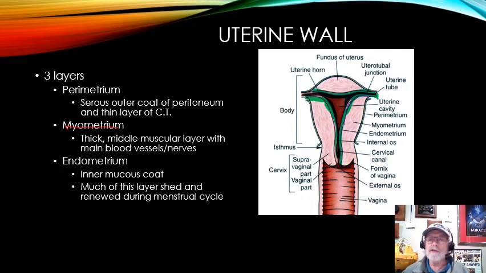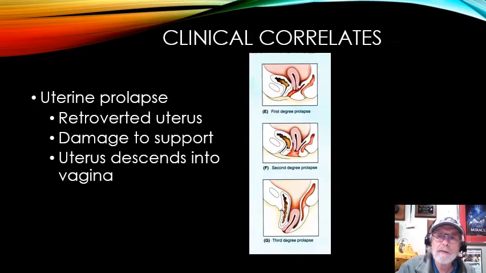If there's no pregnancy, okay, if there's nothing, and I'll explain a little bit more what happens at the end, but if there's nothing, then that inside endometrium will actually pretty much die and slough off. It falls off the inside wall of the uterus. That combined with the blood, the endometrium and the blood is expelled as menses. Okay, and that's what we have with menstrual flow, a sloughing and loss of the endometrium plus the blood that goes along with that. Okay, and that's what happens with that.